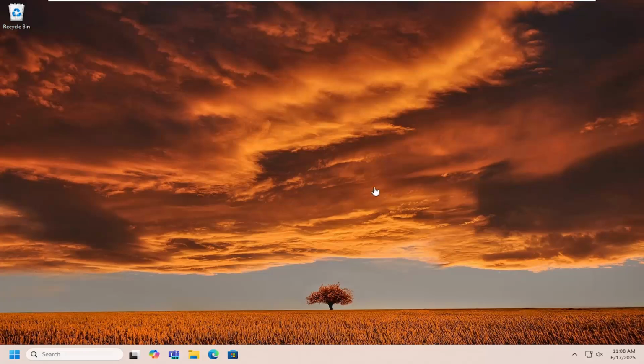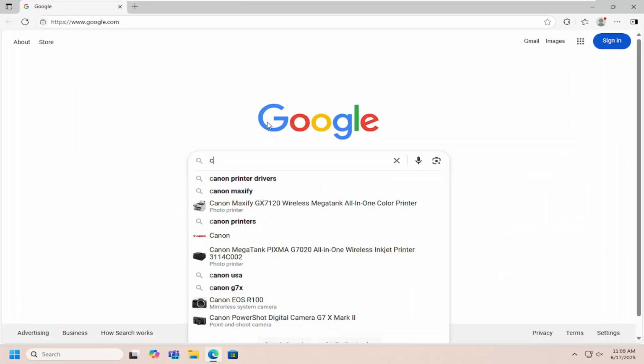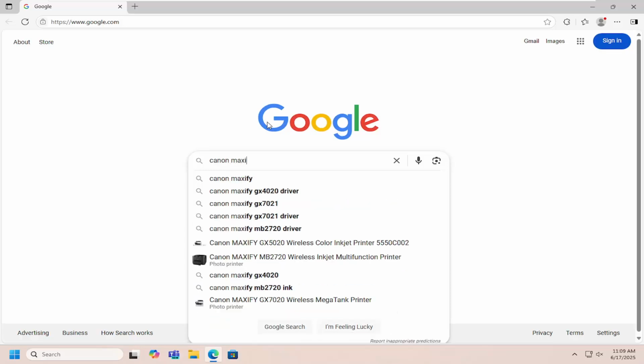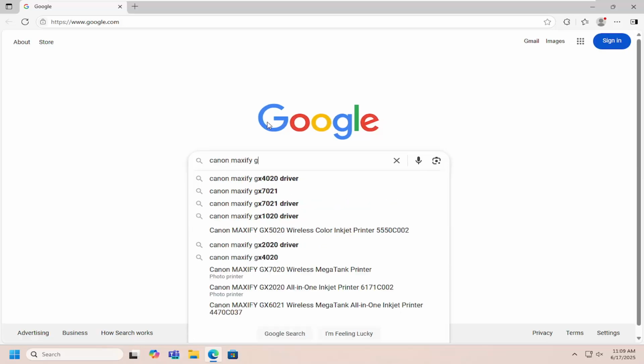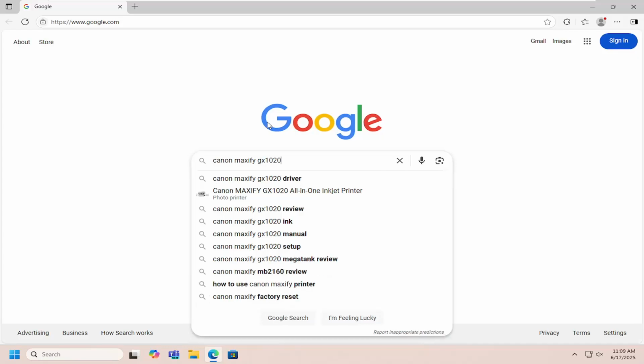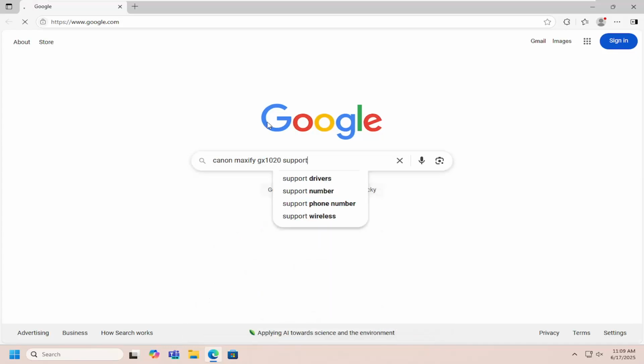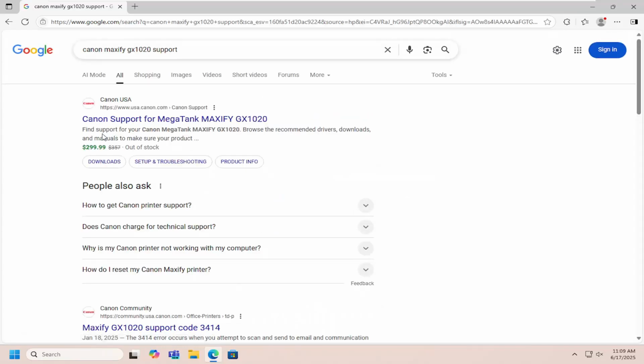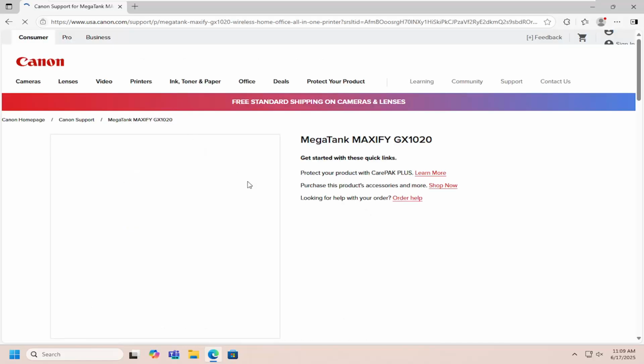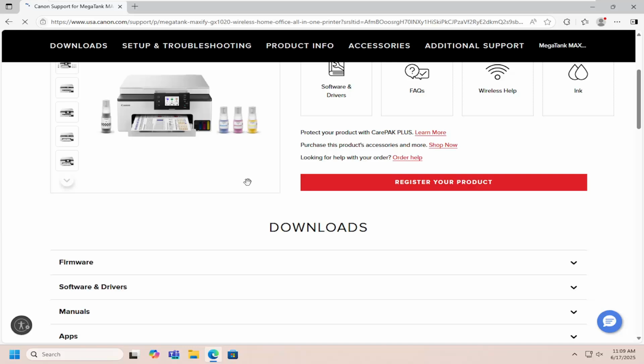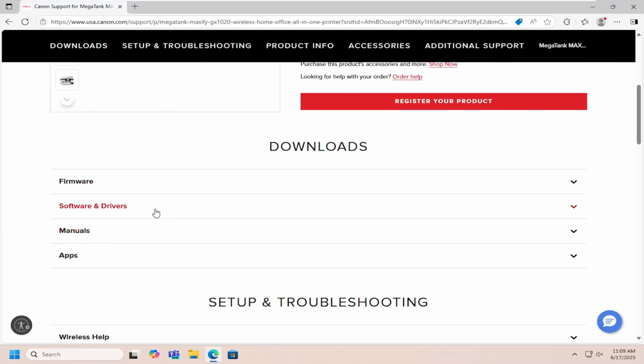So all you have to do is open up a web browser of your choice. And into Google search, just search for Canon MAXIFY GX1020 support. Go ahead and search for that. One of the best results should say Canon support for MegaTank MAXIFY GX1020. Go ahead directly onto Canon's website here, and then scroll down on this page underneath Downloads and select Software and